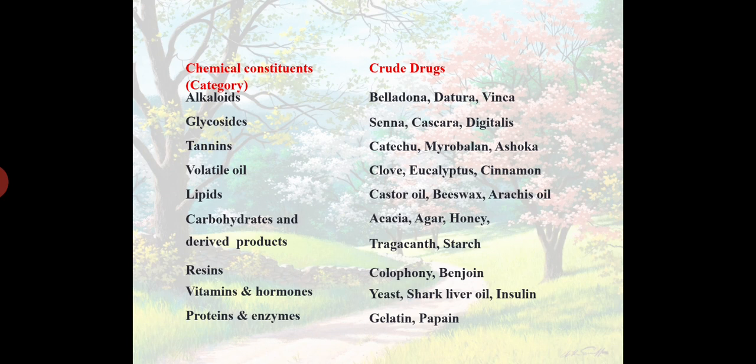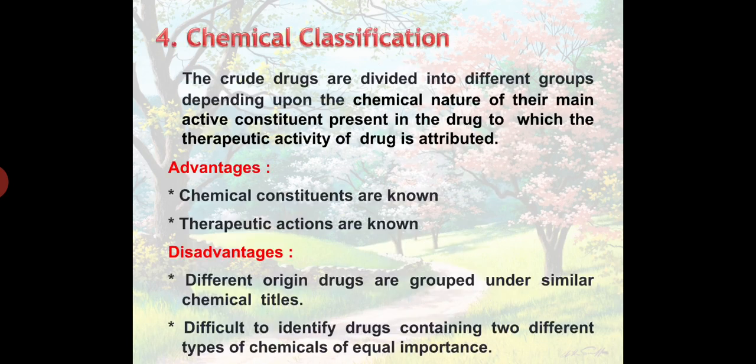As I told you earlier, every method has its demerits too, like in this. First, it is difficult to identify drugs containing two different constituents of equal importance. For example, fixed oil and volatile oil in nutmeg, alkaloids and glycosides in cinchona. Second, we can't find the origin or the family to which they belong. So to rectify this, the next method developed, which is